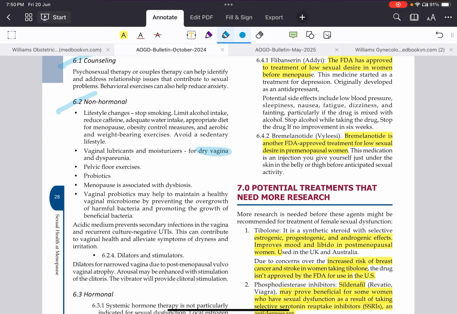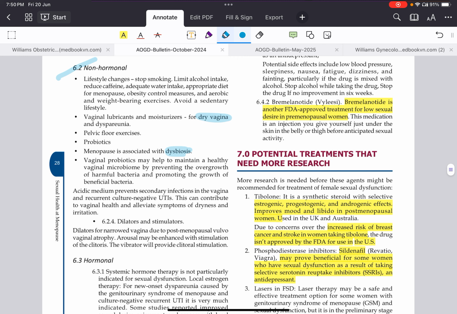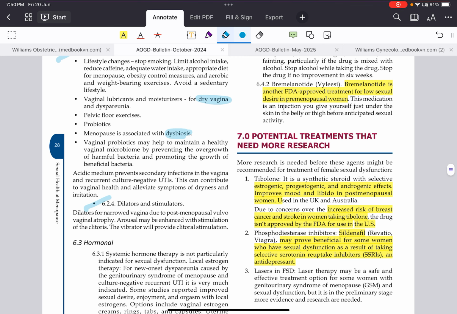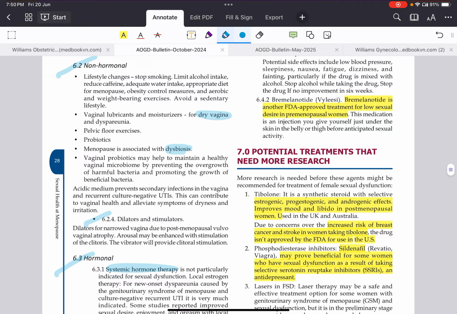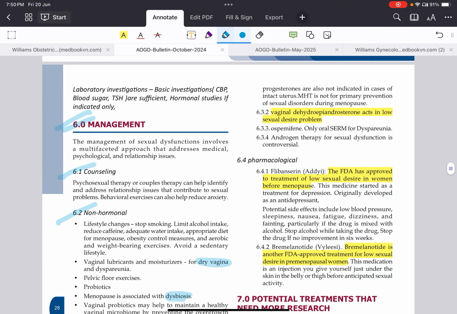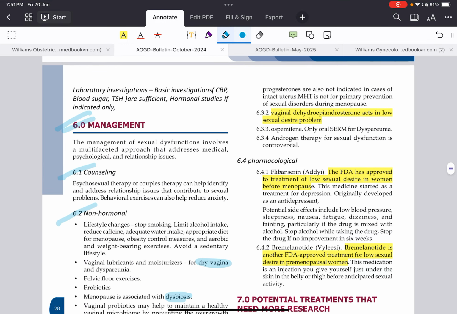What is dysbiosis? Matlab, the good bacteria is absent. Okay, so vaginal probiotics can be given. Dilators and stimulators can be used. That is the non-hormonal. Hormone therapy, systemic hormone therapy is given. Okay, pharmacologically also you can go for